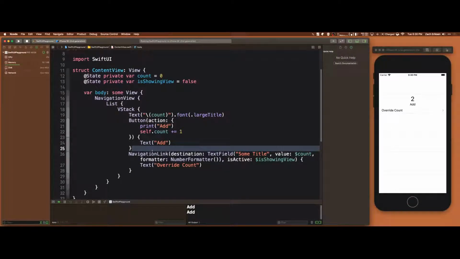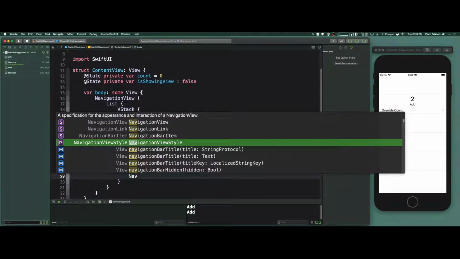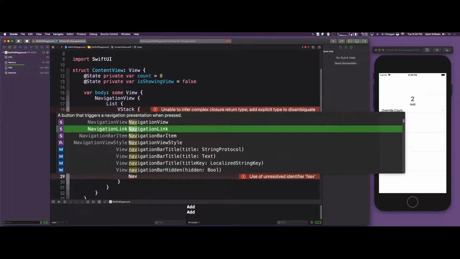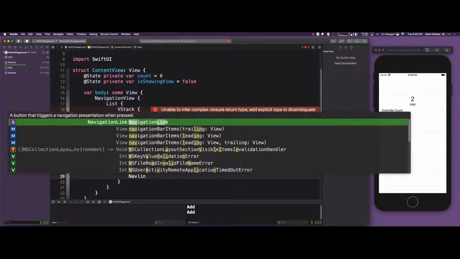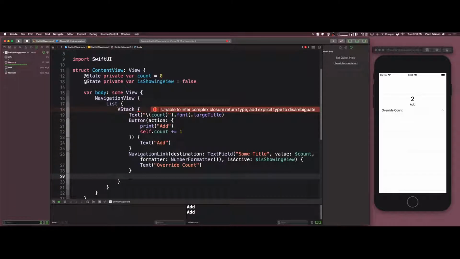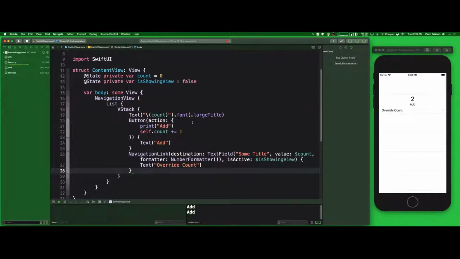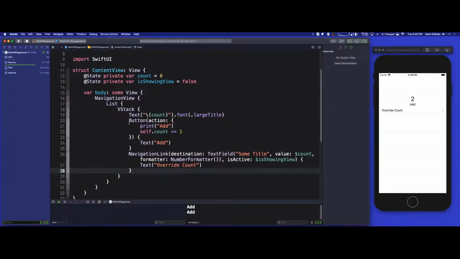So I can't really fix that. You could fix it by, I think, manually doing navigation link. I forget. No. See, that's not one of my strong suits, SwiftUI navigation. That was something I really didn't like when learning SwiftUI because it just didn't seem like it had the proper navigation when it first came out. At least I still need to learn more about it and pick up where I left off. But